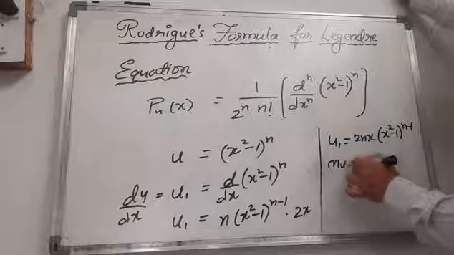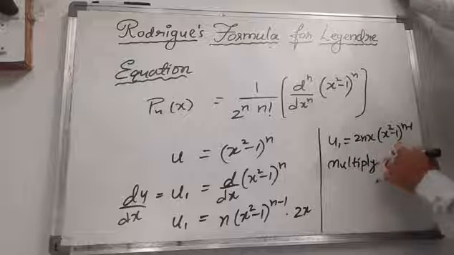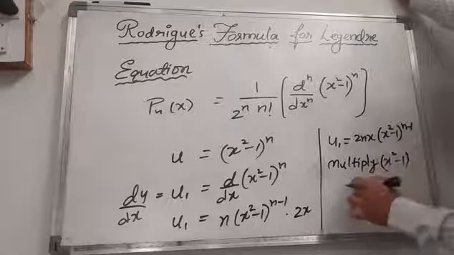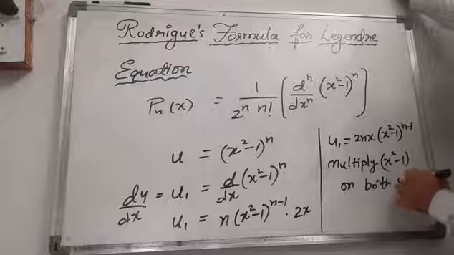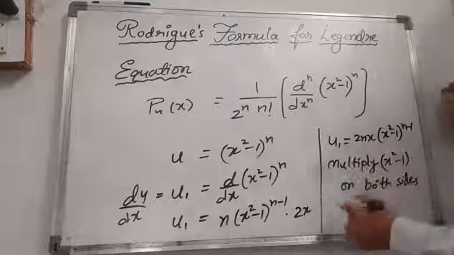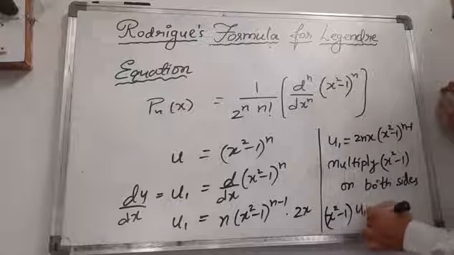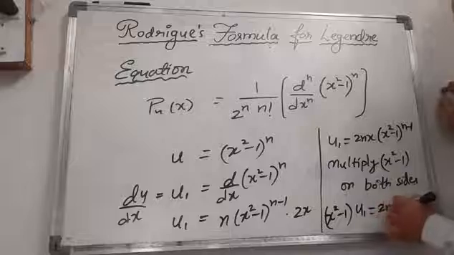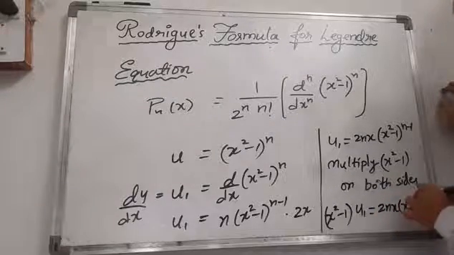Multiply x square minus 1 on both sides. So if you multiply, what will we get? x square minus 1 into u1 is equal to 2nx of x square minus 1 whole power